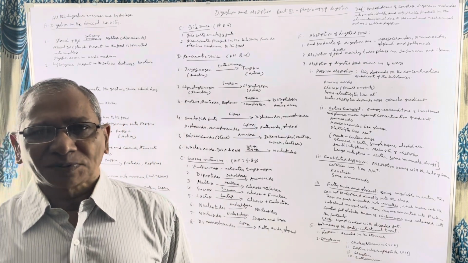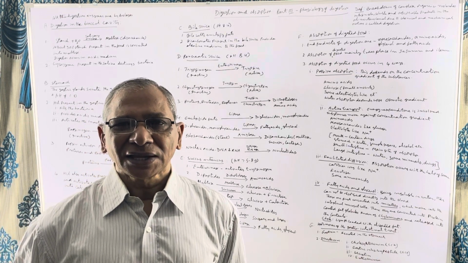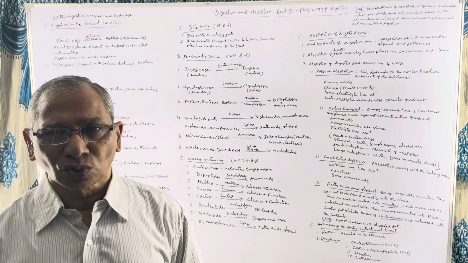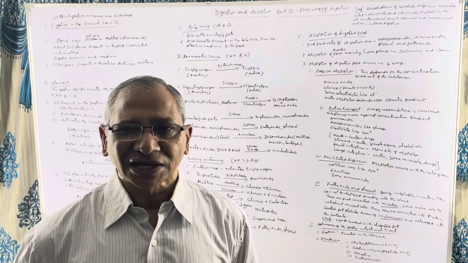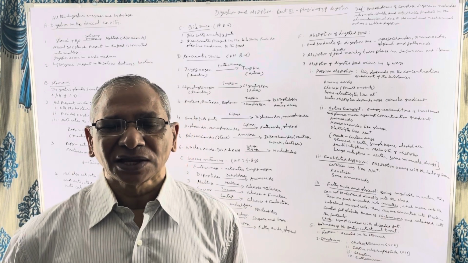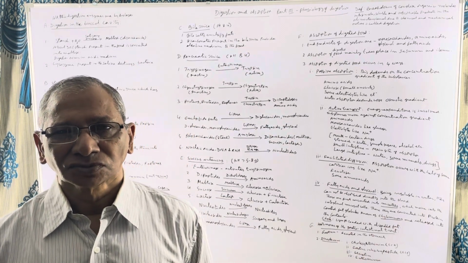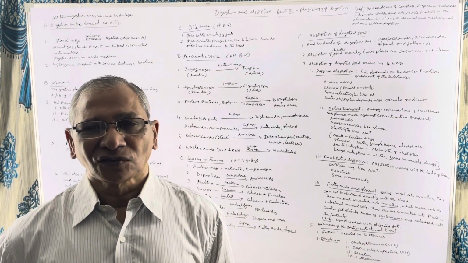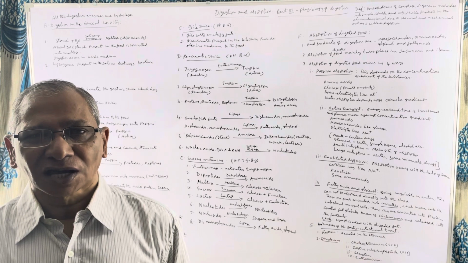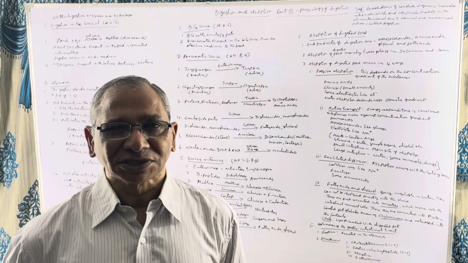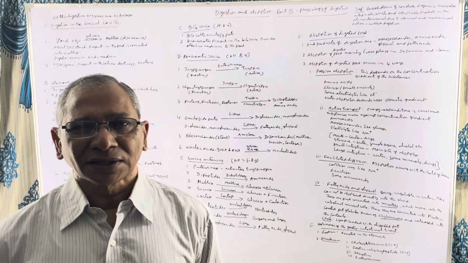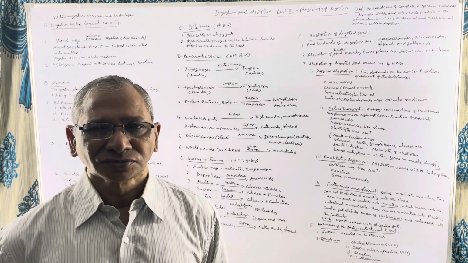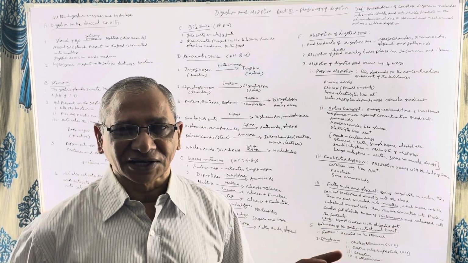The bile salts present in the bile juice emulsify fats. They break larger globules into smaller globules so that the enzyme lipase can act effectively on fat molecules. Then bile salts also help in the absorption of digested lipids and also fat-soluble vitamins. Then the bicarbonate present in the bile juice provides alkalinity to the food. This is the role of bile juice as far as digestion is concerned.